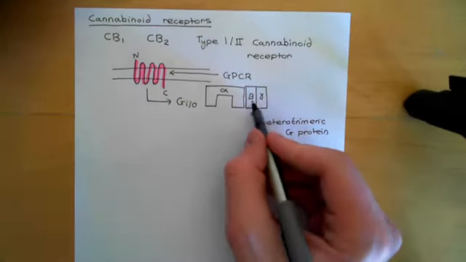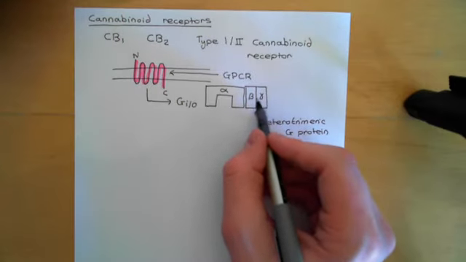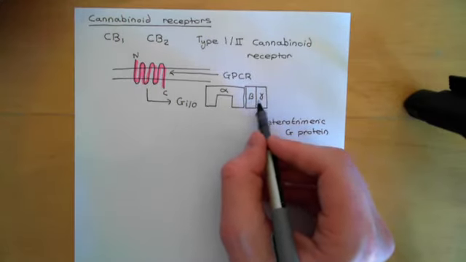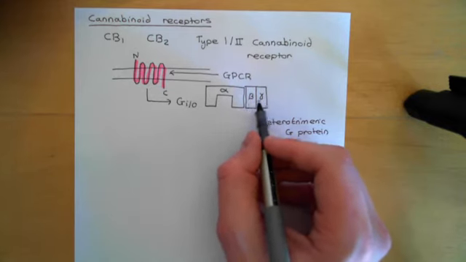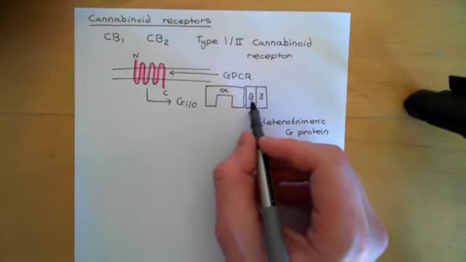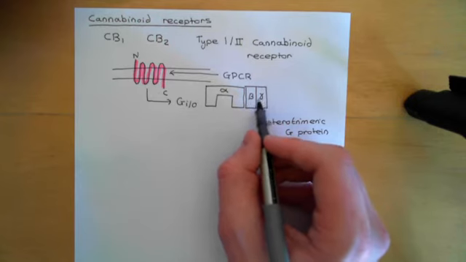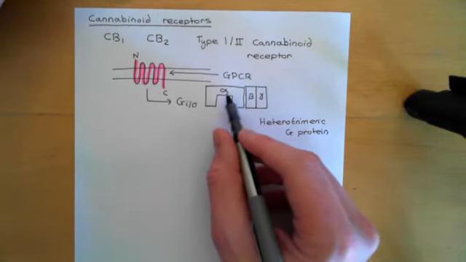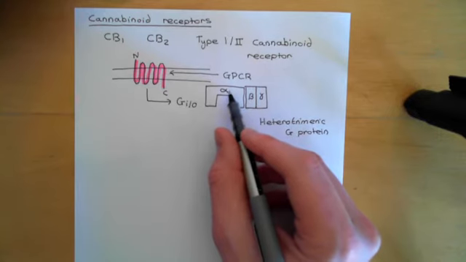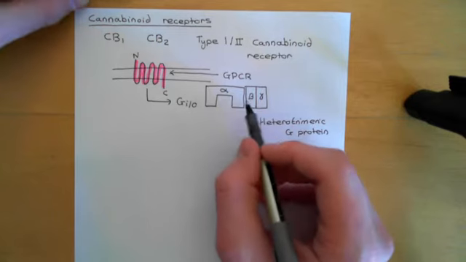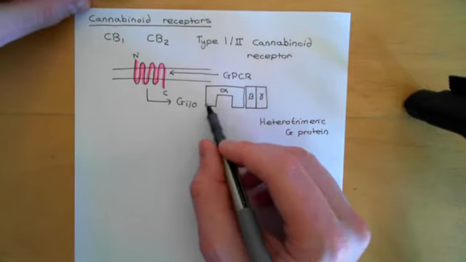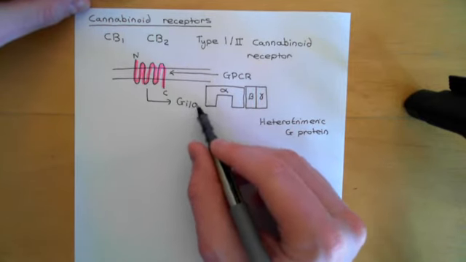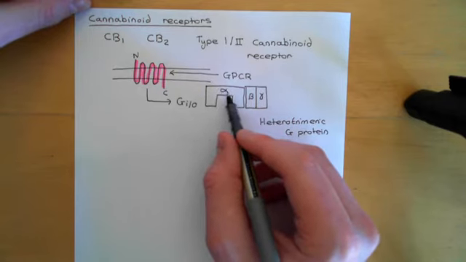However, it does not seem to make a bit of difference which beta and which gamma subunit you have in the heterotrimeric G protein, i.e. it doesn't seem to affect the signaling functions whatsoever, because beta-gamma subunits seem to do exactly the same thing no matter which one you have in these 2 positions. So it's only the alpha subunit that seems to make any difference as to the actual signaling role of these molecules. That's why heterotrimeric G proteins are named according to which alpha subunit they have.